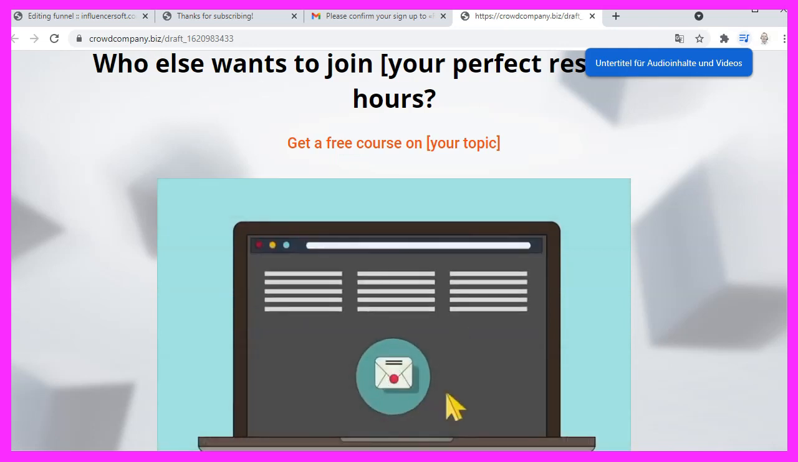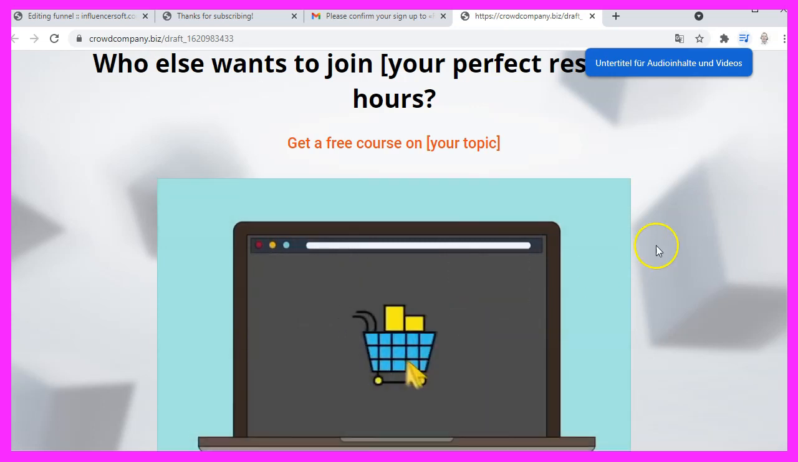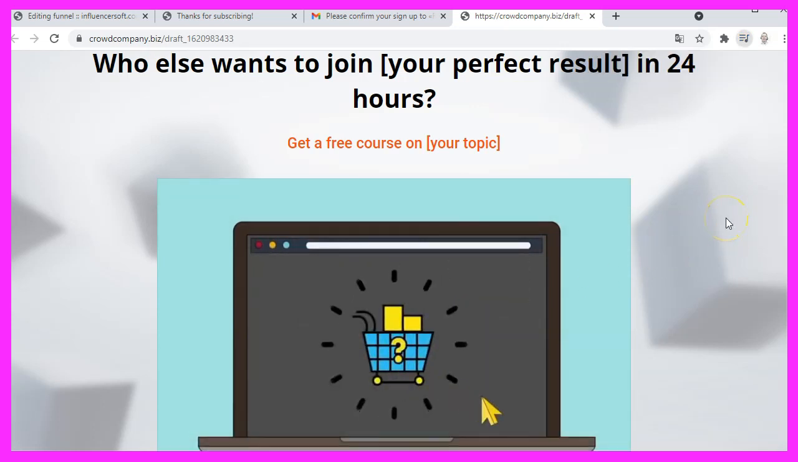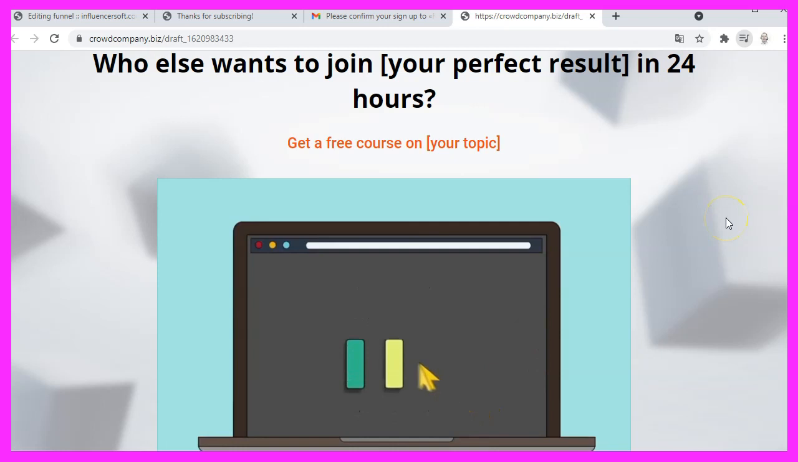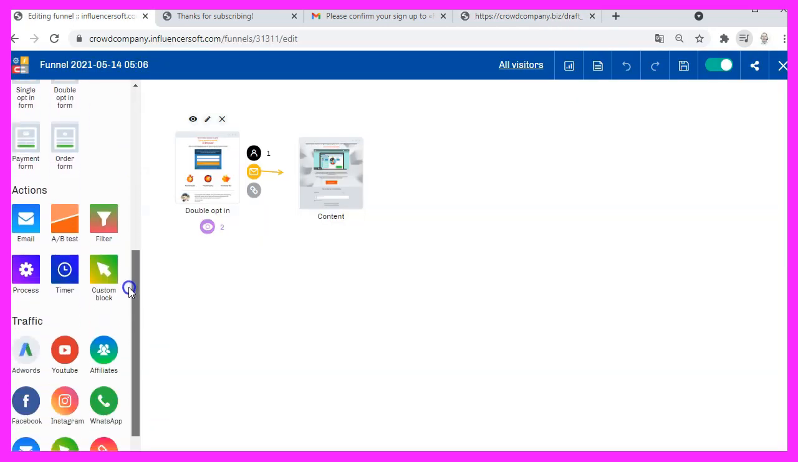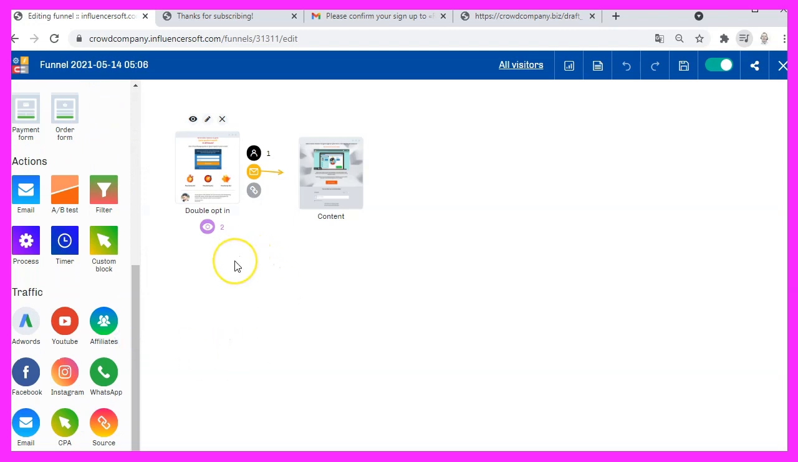And that's how you can save time, money and effort and create a simple double opt-in funnel within 5 minutes or less. Obviously, you can do a lot of other cool stuff to improve your own results and save time,